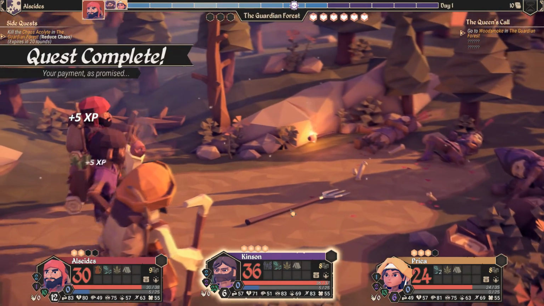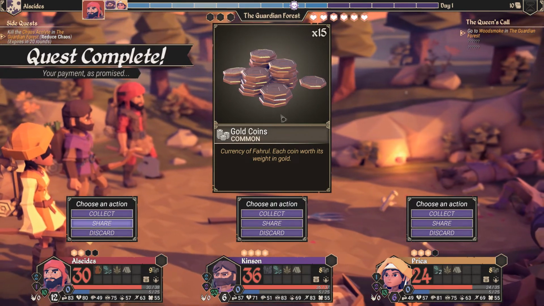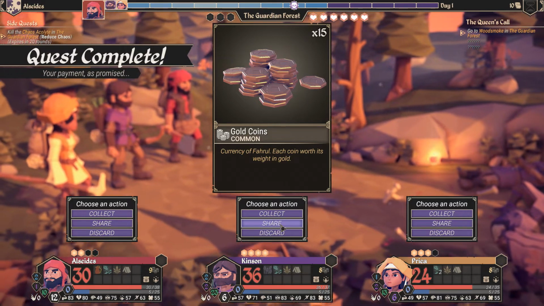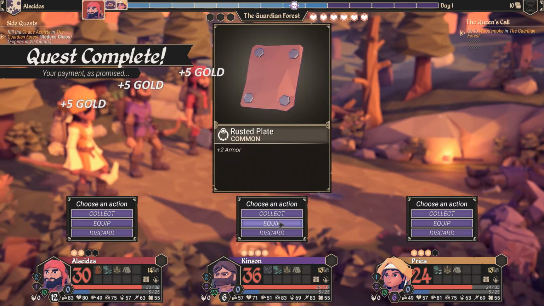So whenever you complete combat, as you can see, they're all gaining experience. There's most of the time loot. We can tell one person to get all the loot, or we can share the gold. So we're going to share. So we got an item. It's a necklace item, and we're going to give it to